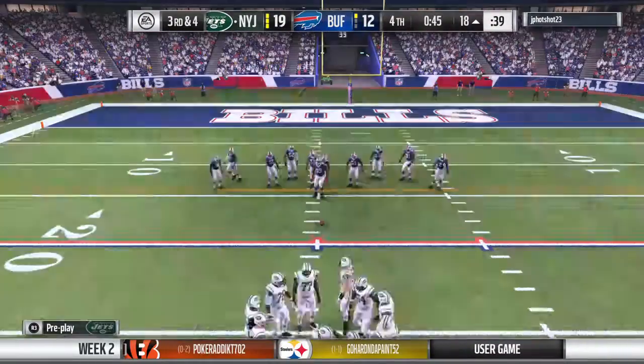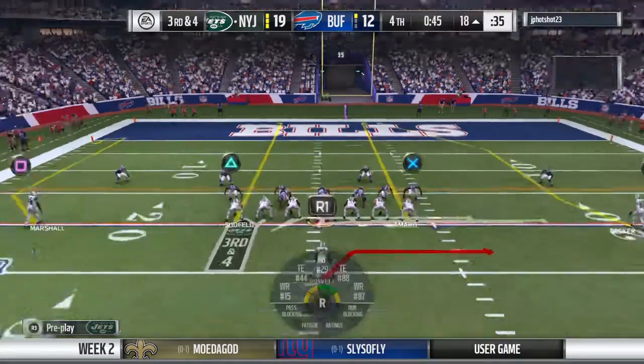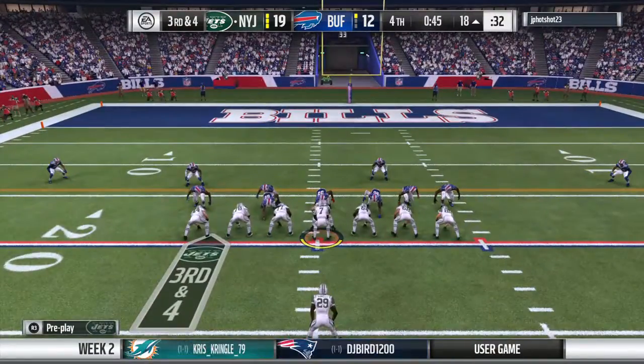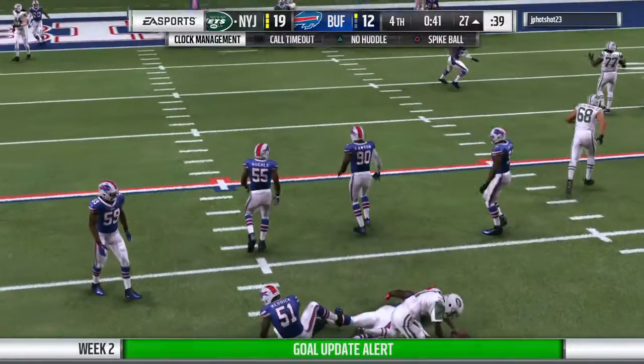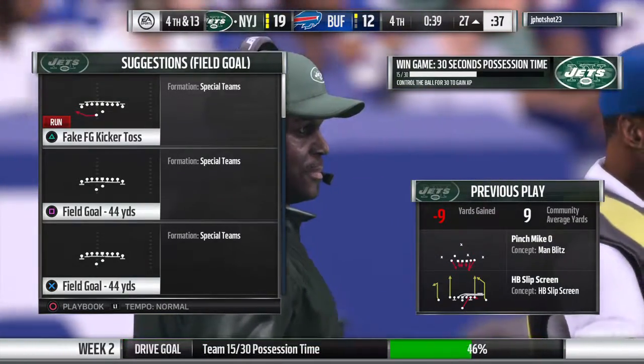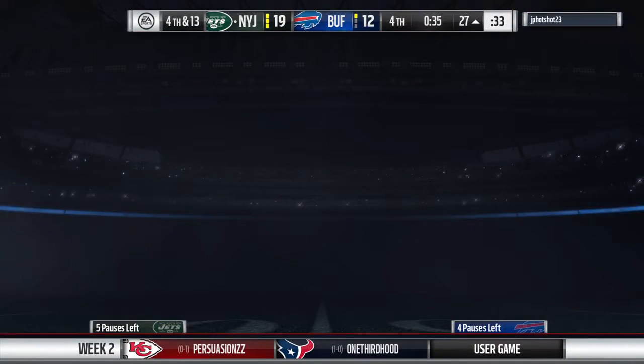Let's see what the defense dials up here. 3rd and 4. Smith now to throw, and he can't get a throw off. He's taken down. What a huge play at this point in the game. Well, the beauty of screen passes is it